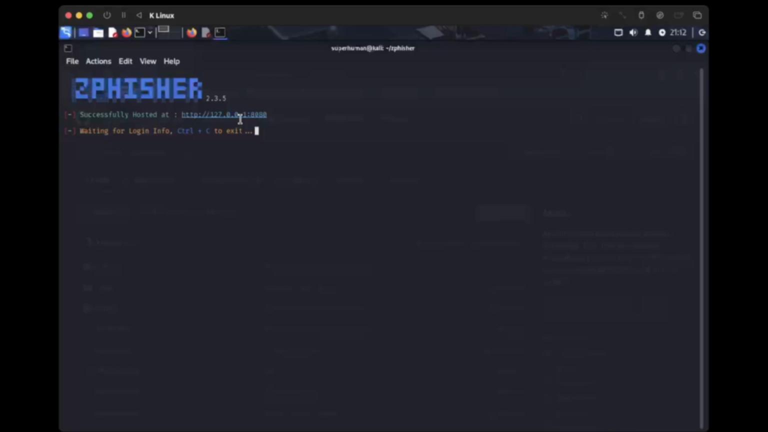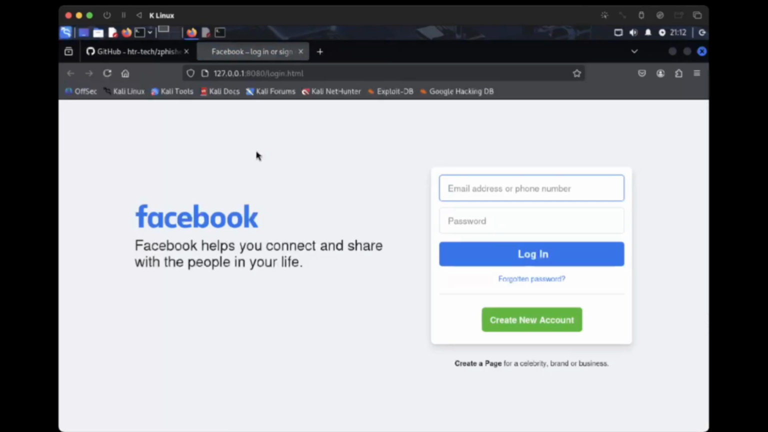Let's try it. I'm going to click Control and then click on the URL link. Have you seen? It took us directly straight to the Facebook login page. Have you seen that it looks exactly the same as Facebook? In fact, there's no difference. This is a cloned Facebook login page. Facebook login or sign up. So we have your email or